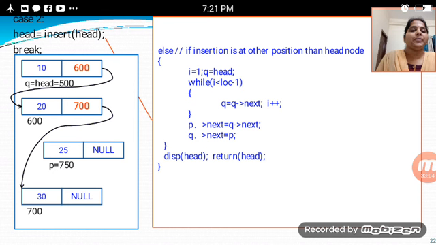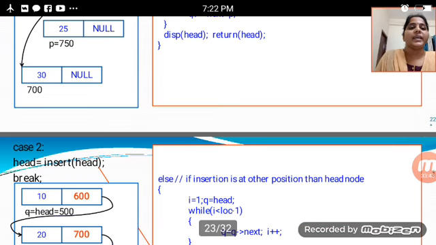That condition, if the condition is satisfied, begin brace, q is equal to q next, I plus plus will be there. The q having some head value, that head is equal to next having, and I is equal to incremented value, I is equal to 1, 0 to 1, you have to take 1, it will be incremented by 1 by 1. After that the code will be p next is equal to q next, q next is equal to p. This is a code for begin and else bracket, display head and return that head value. After that a code expansion will be there.